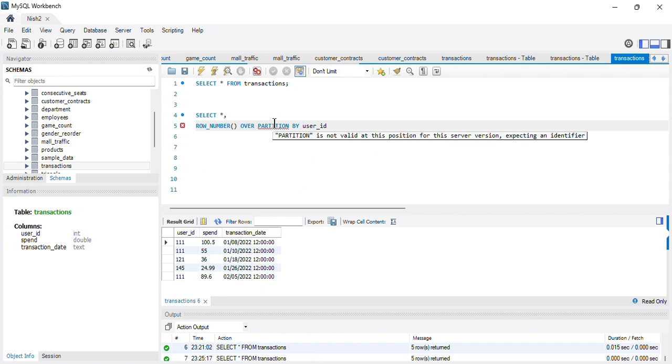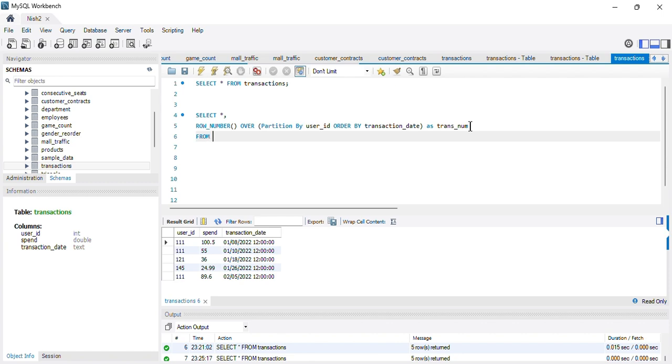Next, partition by user ID, and I'll do the order by on transaction date. So this will be the transaction number of each user, and I want it from my transactions table.